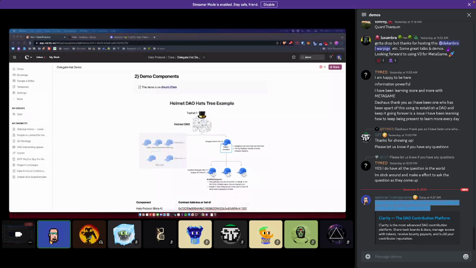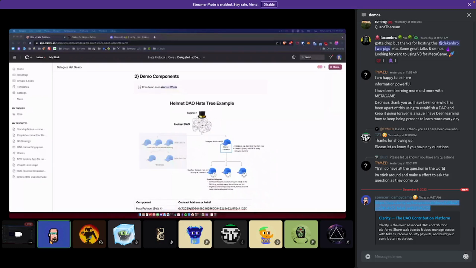In this particular DAO, in Helmet DAO, there's this notion of qualified delegates. So qualified delegates are delegates who have received above some minimum threshold of votes delegated from other members. And if they're qualified, and I'll get to the specific values in a second, they can opt in to become responsible for doing more than just what normal delegates do in DAOs today. In DAOs today, a lot of delegates just vote, or they pay attention, and that's their job.